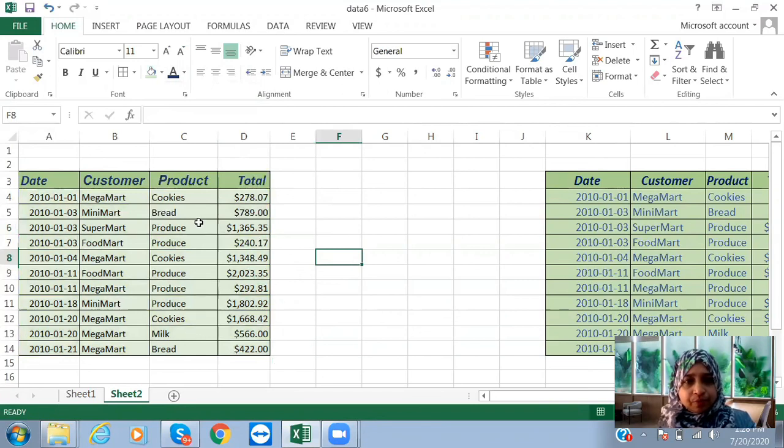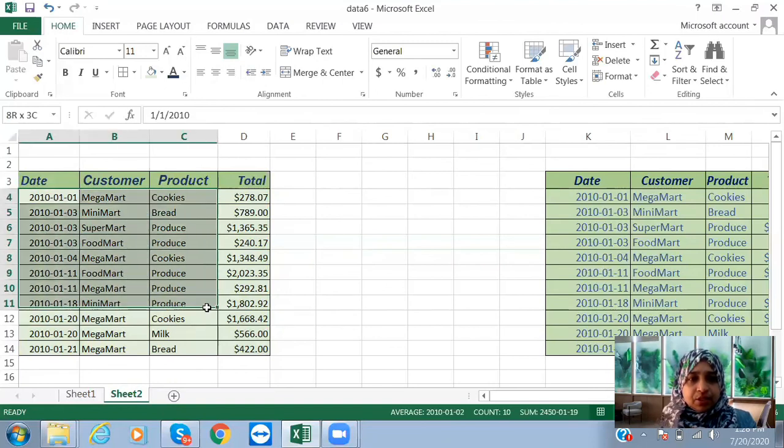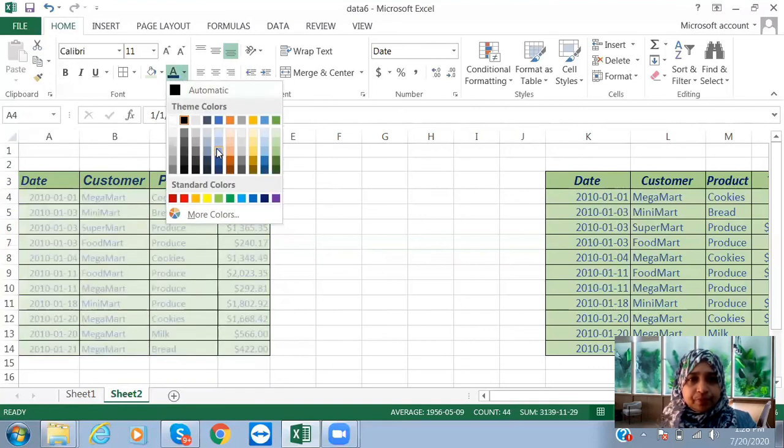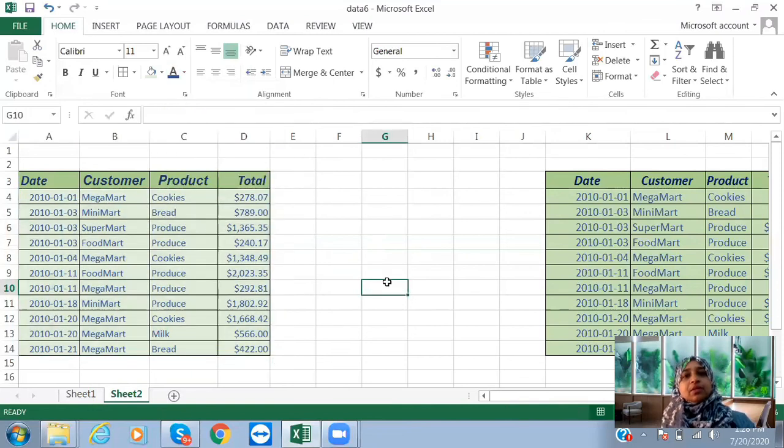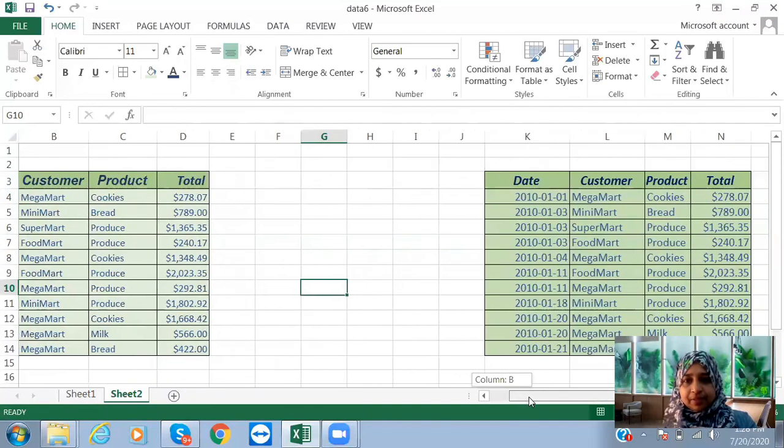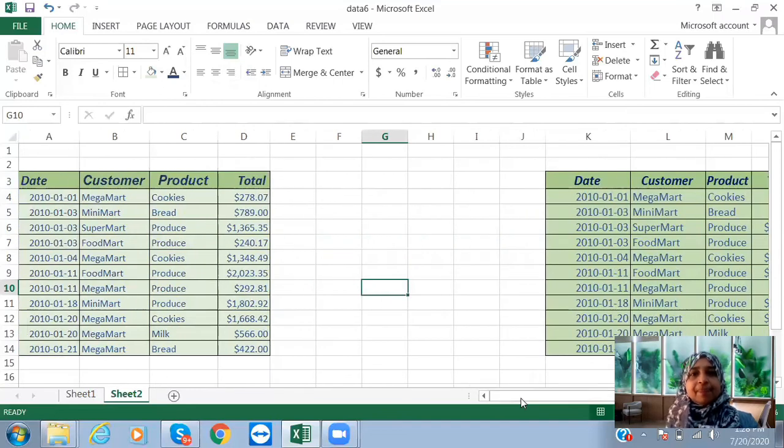So now what you can do, you can change the color according to your wish. Now you can change the font color. Font color is blue, right? Yeah, can use this blue color. Now this almost looks same. Yeah, I think we have done everything properly, right? Okay, you can also try.